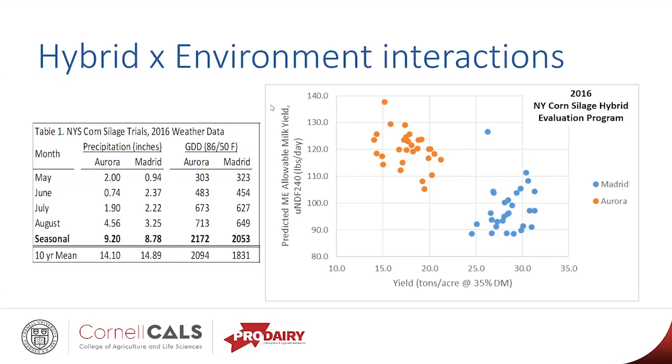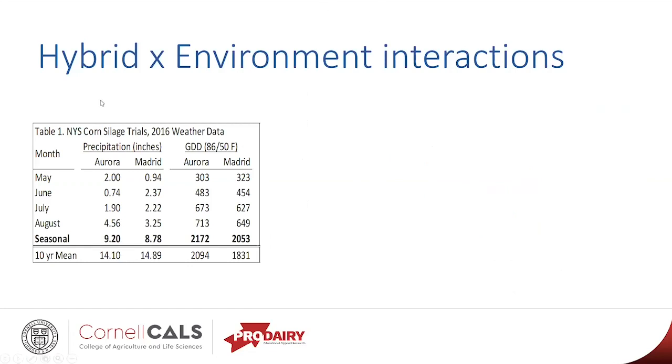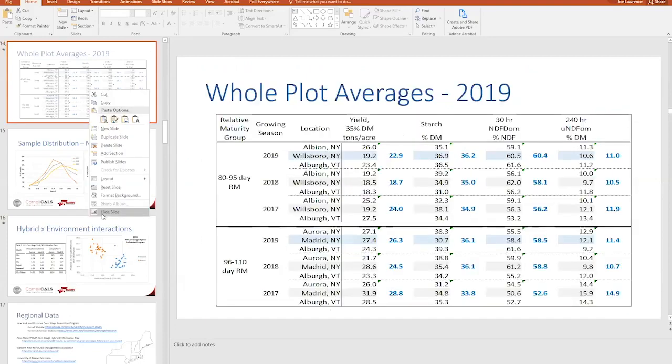I don't actually, I might have that if, let's see if this is going to let me do something here. I was trying to make room for a few extra slides, so